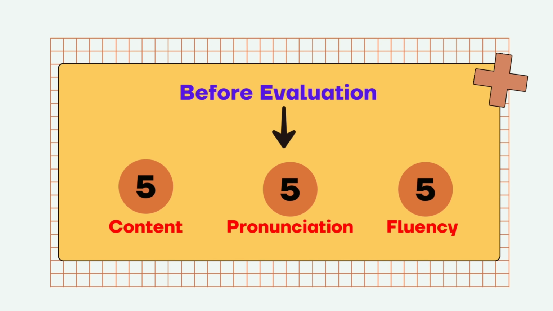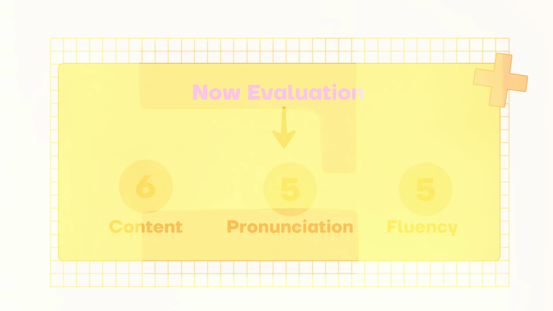Alright, without any further delay, let's straight away get right into the PTE Retell lecture. When we talk about PTE Retell lecture, there are a lot of changes, especially after the recent update from August 7th, 2025. So what is the first change? The content has become a priority. Earlier content was 5, fluency 5, pronunciation 5, but now content is 6, fluency 5, pronunciation 5, meaning content has become more important. And whenever you practice on a portal, it should basically judge your speech more on the content, probably second on the fluency, and the last on the pronunciation.